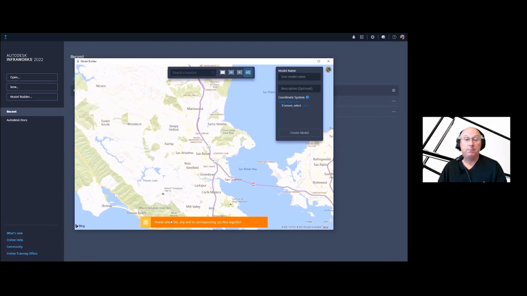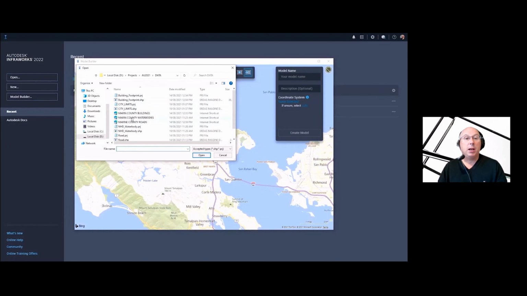So let's do that. That means I'm going to pick that again, import a polygon. This time I'll use my shift key and select both the city limits and the PRJ. So both the PRJ, city limits, and the shape. You notice where it says file name, I have city limits.prj and city limits.shp. Okay, good. Now I can get the outline of the city.